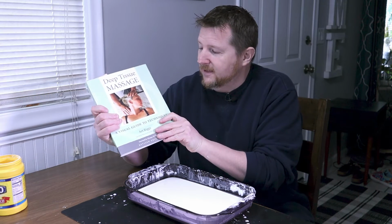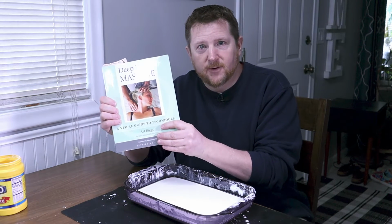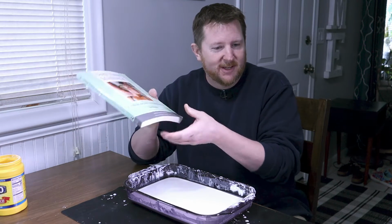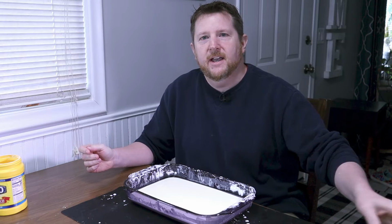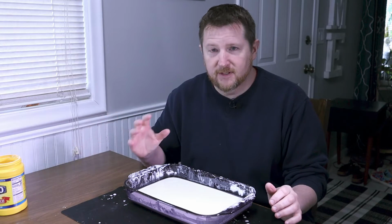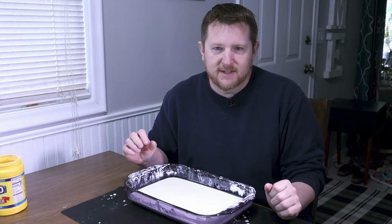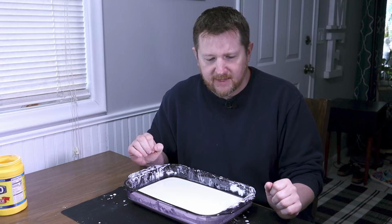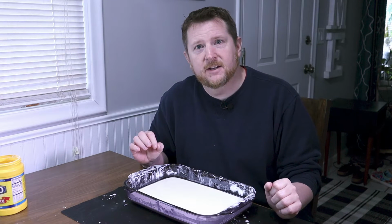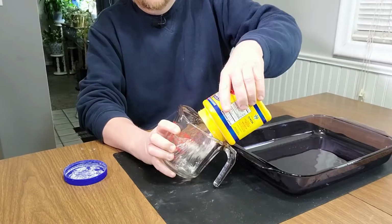Hey everyone, so I was going through the deep tissue massage book, A Visual Guide to Techniques from Art Riggs, and I came across the part again where he talks about refining your touch. And he talks about using cornstarch as a way to simulate working through tissues. So this is a simulation. This is not an exact representation of what it's like to work through the tissues, but let's talk about how